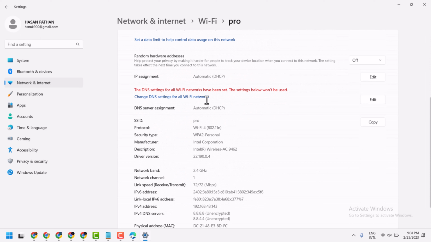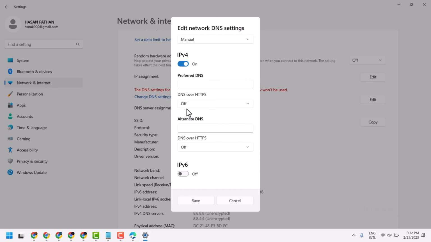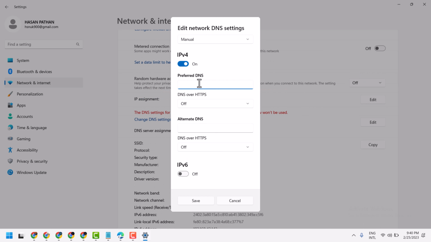Now here you will see the option change DNS settings. So click on edit. Select here manually. You can select IP version 4 and here you can add this. Now enter this address